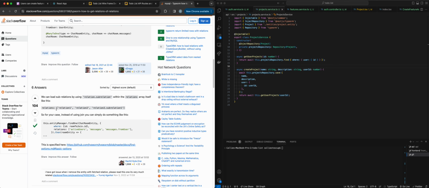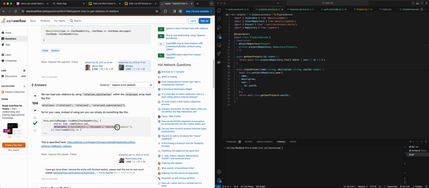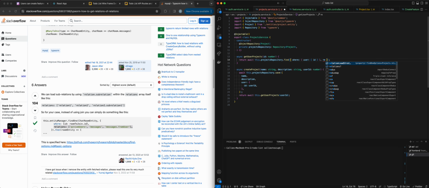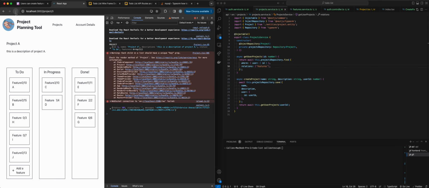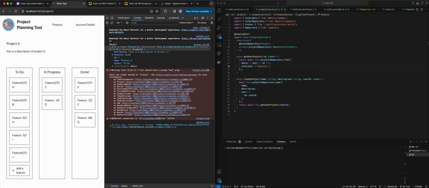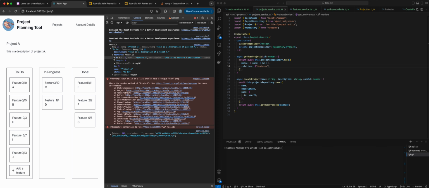Let's look. Okay, so then we are going to include this relations array. So we have the where object, okay, it's going to be next to it. So we're going to say relations, and then we are going to load in the features. Okay, I'm going to refresh my page and see what happens. Whoop, whoop. All right, so now you have the project, and then we have an array of all of our